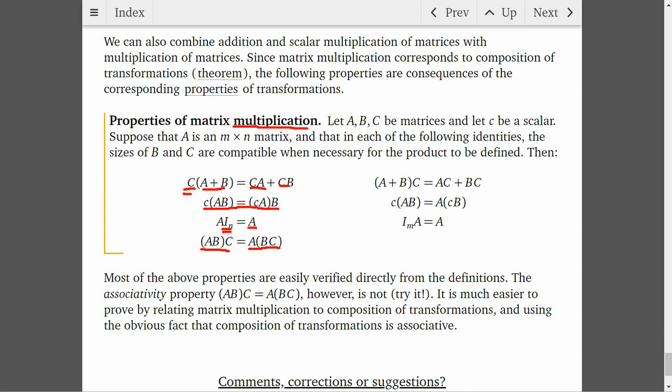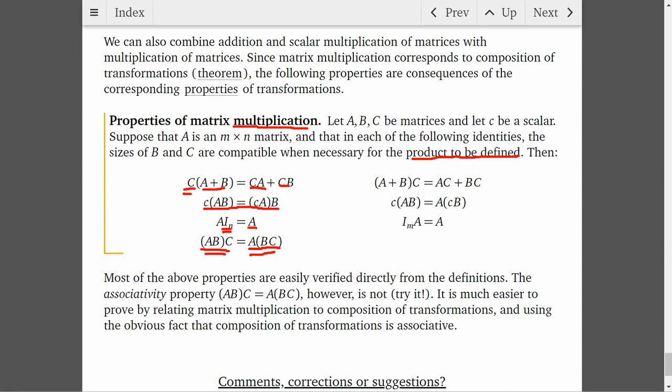If you can do all of these multiplications, A times B and then the product times C, if all of these are possible, right? That's what they're saying. If every multiplication that's described here is actually possible, then this is true. The matrix multiplication is associative,